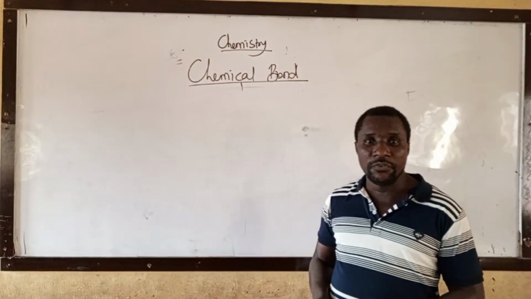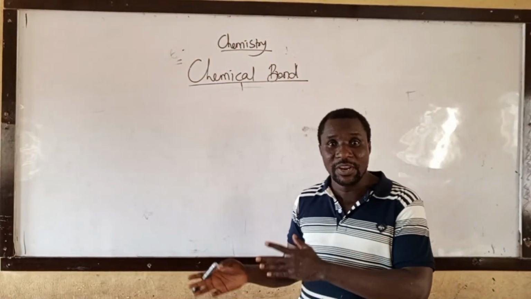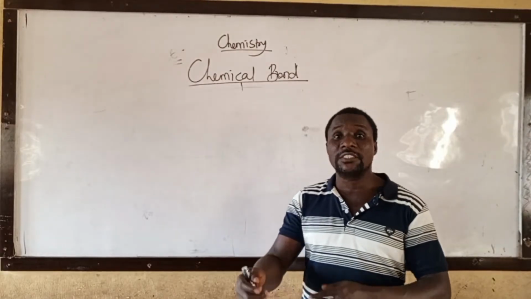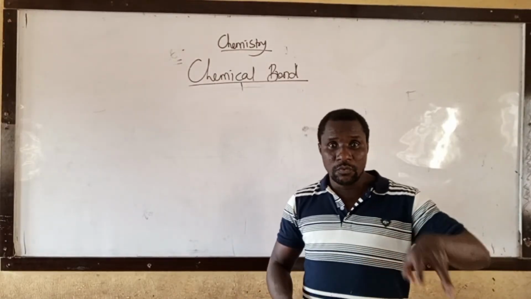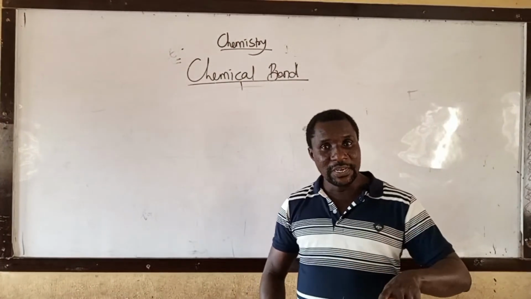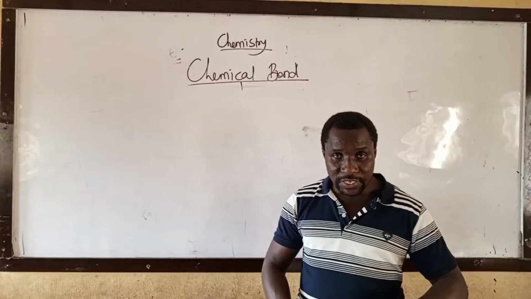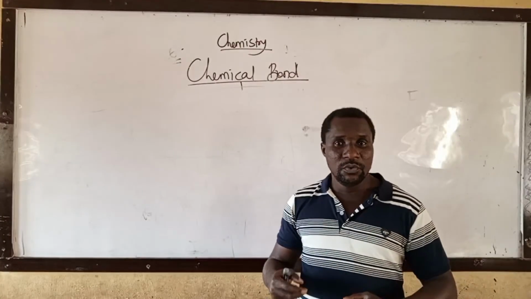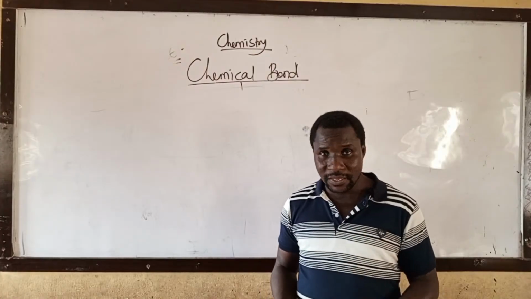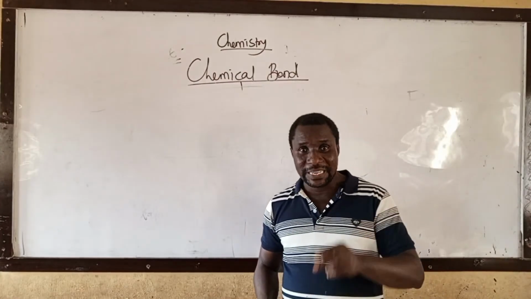Now, you know the meaning of electrovalent bond. Another name for it is ionic bond. Ionic bond involves a transfer of electron. One atom loses, one atom gains. The one that is losing electron, reducing agent, which is metal. The one that is gaining electron, oxidizing agent, which is what? Non-metal. That means